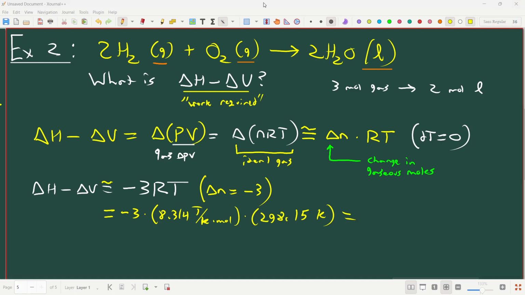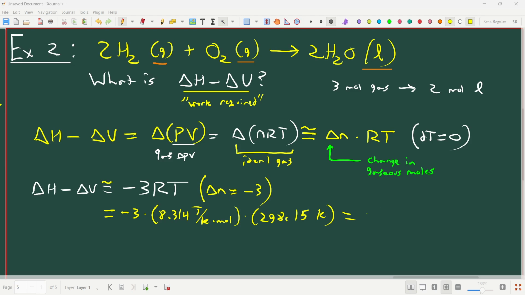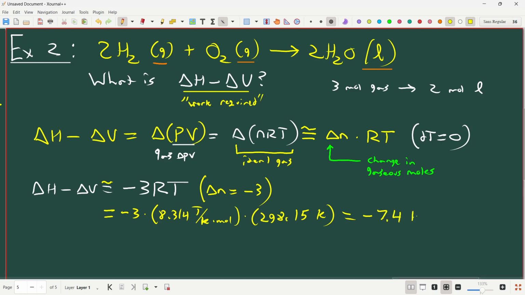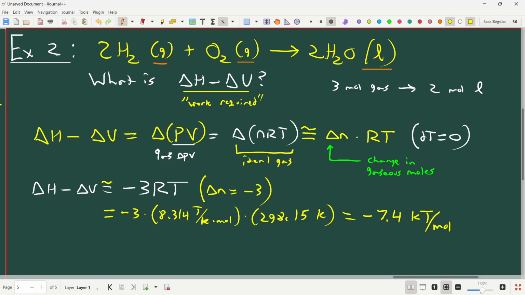I'm just going to do it really quickly myself. So that's 3 times 8.314 times, let's just round that to 298.15, yeah. So that's minus 7.4 kilojoules per mole. All right, so as you can see, a significant amount more of energy required to do this